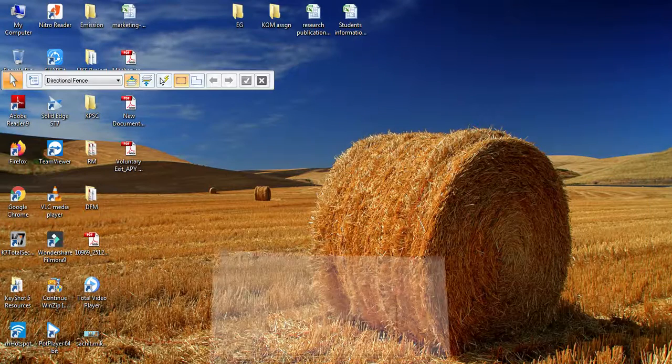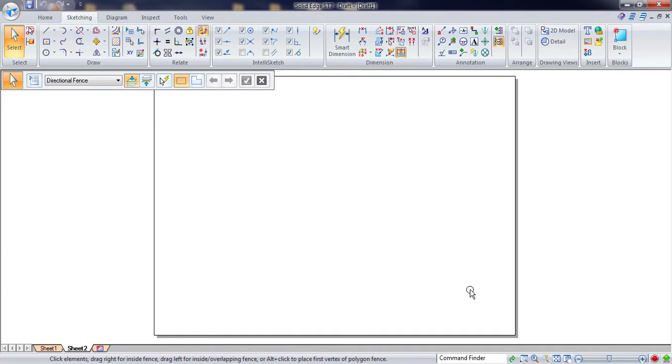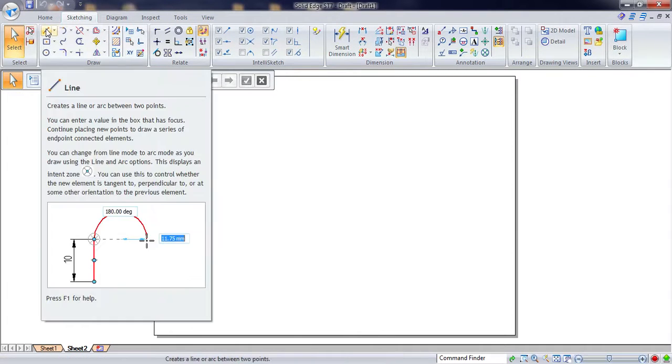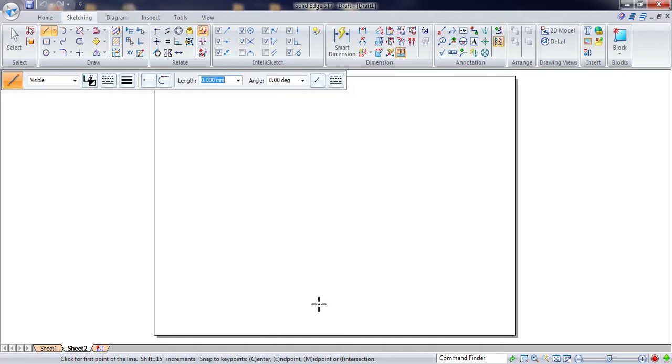So as usual, open the SolidEdge ST7 software and set the sheet to A4 size. After that, go for the line command. Start with just one click on the sheet. First we need to draw the square block, because the frustum of the square pyramid is resting on top of this square block. The given side is 60 mm.